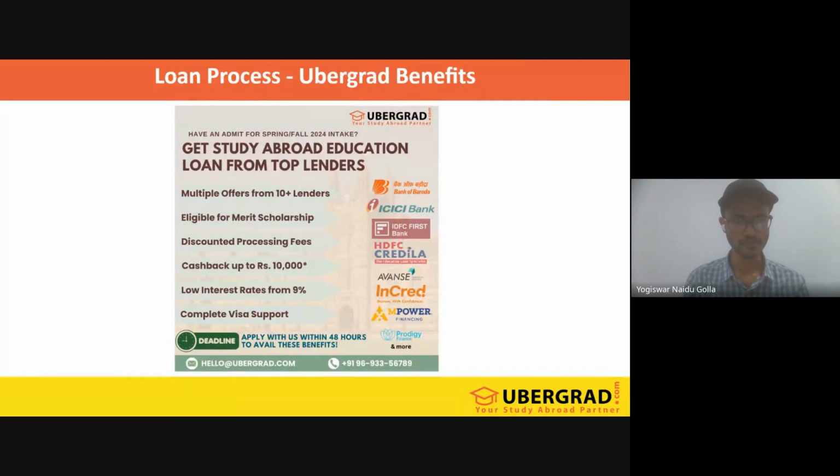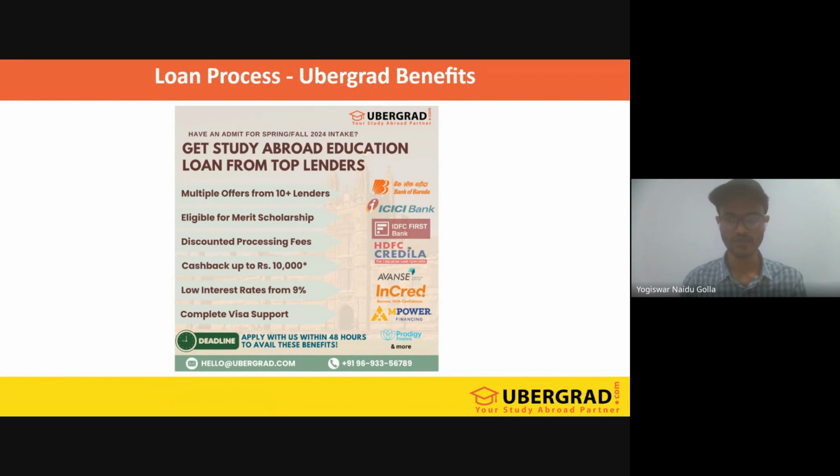What we do with these lenders is, first of all, we take your documents. I'll speak more about the documents in the coming slide. We collect the basic documents from your side, for collateral or non-collateral, based upon your option. We see which lenders are suitable for your profile, who are offering a better rate of interest on the loan amount you are going for, based upon your country. Then we send your documents to the lenders suitable for your profile.